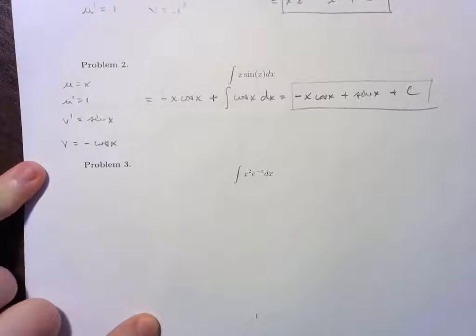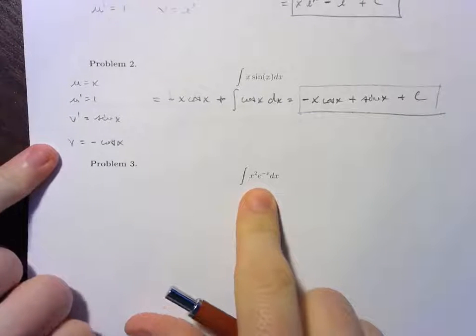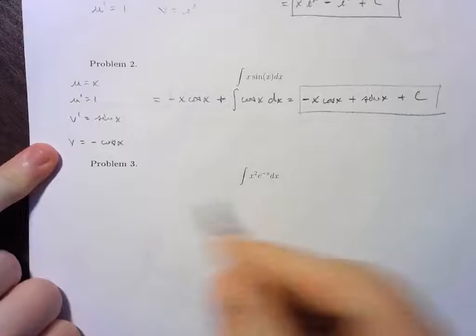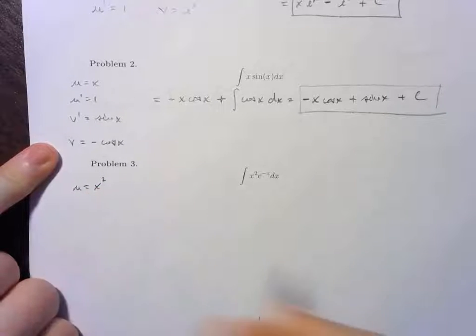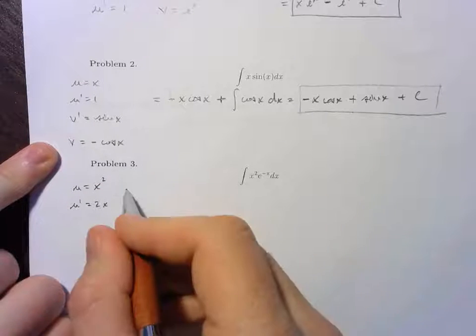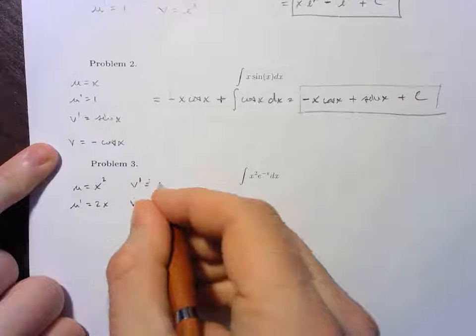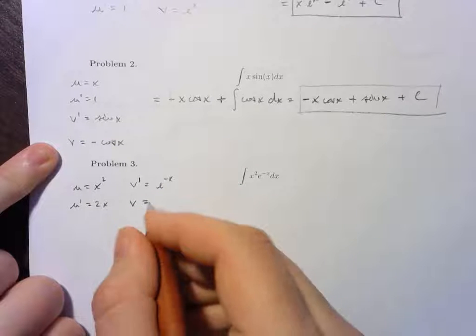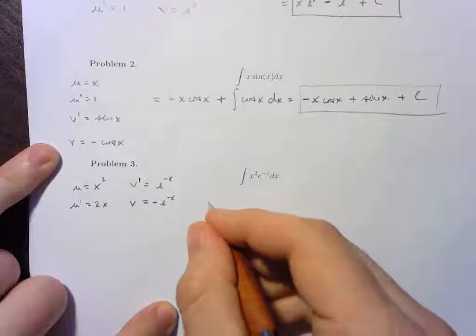Now, sometimes when we do integration by parts, the integral that we end up with requires us to repeat the process one more time, and this is a very good example of that. Again, I'm going to choose the u to be x squared so that the derivative u prime is just 2x. Then the v prime is going to be e to the minus x, and the antiderivative of that is negative e to the minus x. And if I plug in